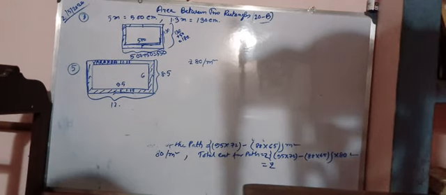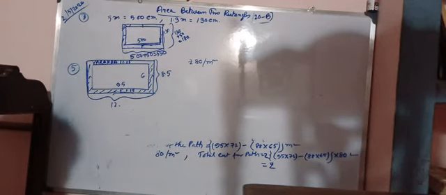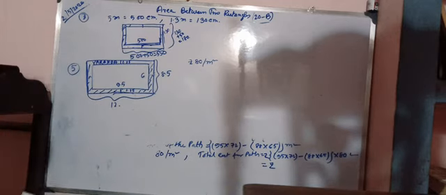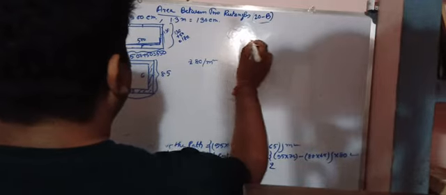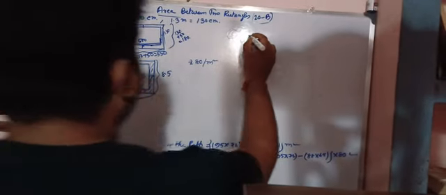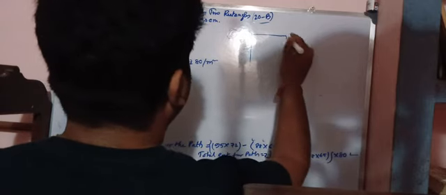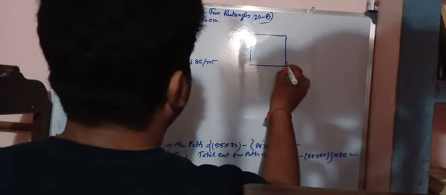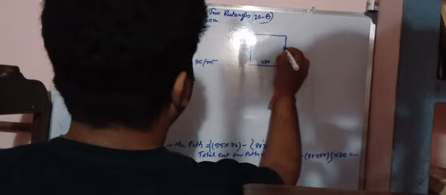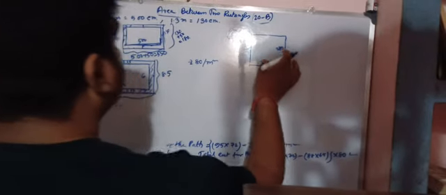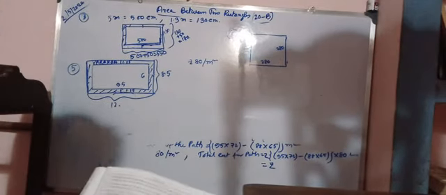So for that, each side of a square flower bed is given here, 280 centimeter. Question number 6. Here in question 5 it is a rectangle given and here it is a square shape given. So this is 280. This is also 280. So this is 280 centimeter, 280 centimeter. Understood that?